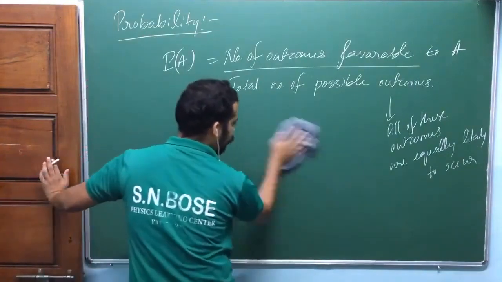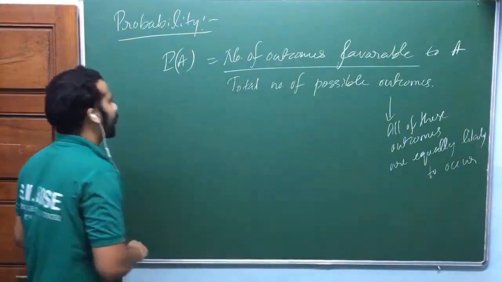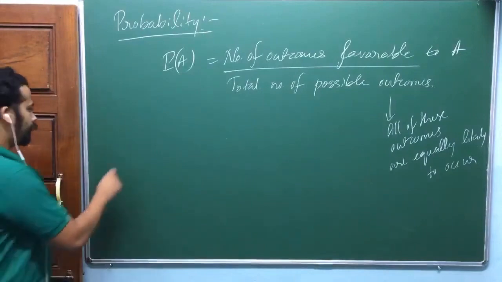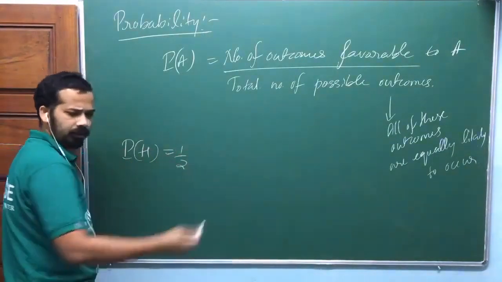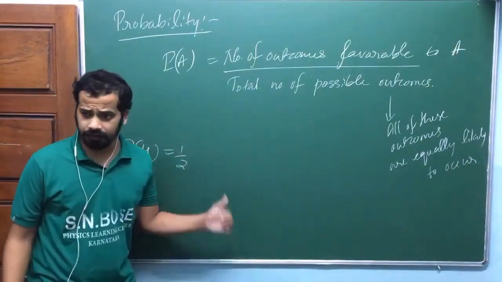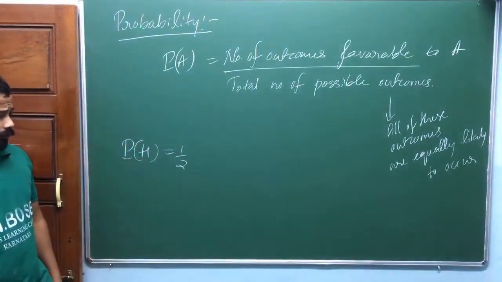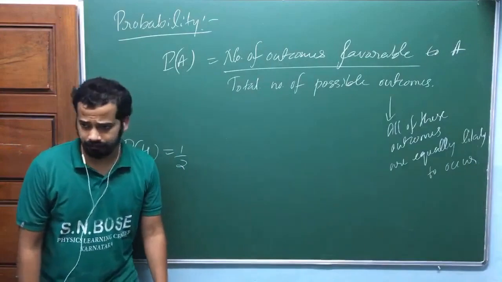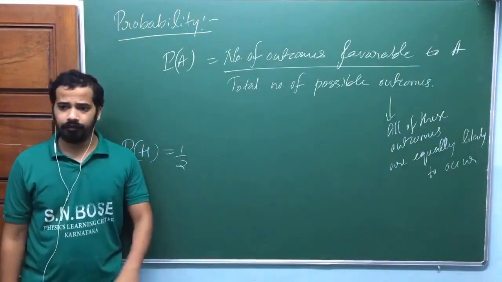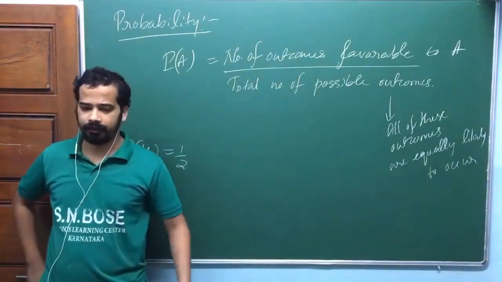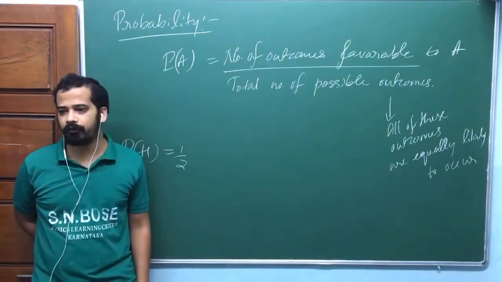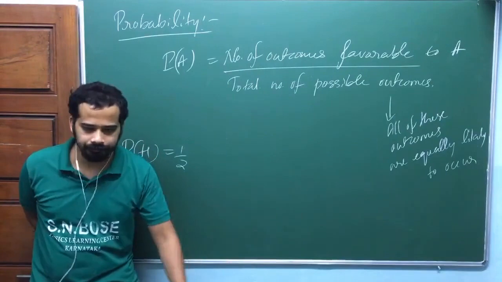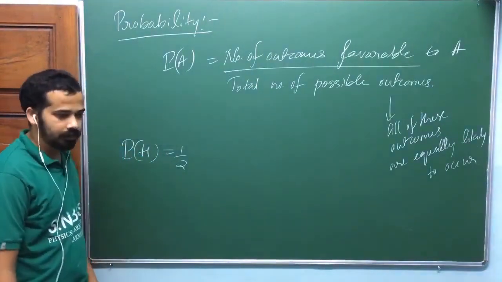The next question is, so you said the probability of getting head is equal to half, am I right? What is the exact meaning of this one? This one we already discussed, okay? Suppose you toss a coin once, you got head. If you toss a coin a second time, then also you got head. Then how do you explain this half probability? Speak out. I think I did explain this one already, isn't it?